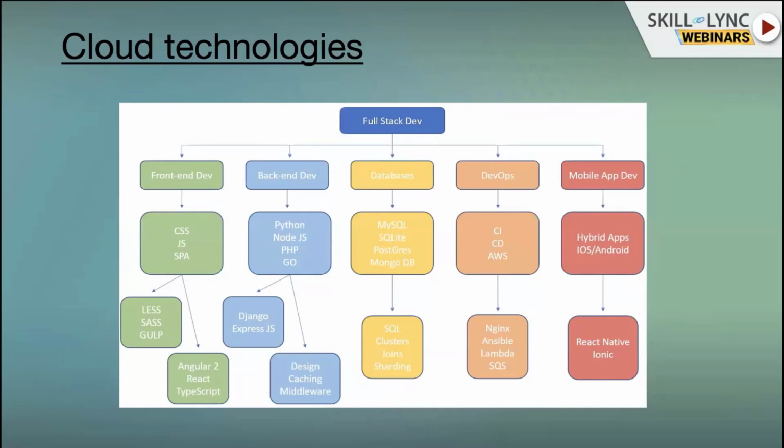For that, over the last few years, there was a new field called DevOps as well. In DevOps, there are a lot of other things that you do. You call it CI/CD, and then how it gets deployed to AWS or GCP or any other cloud platform. Even those things are taken care of by the DevOps person. The main role of the DevOps person is that whatever code I write should be deployed onto my server in a scalable way. So when there is a huge request or when there is less request, the resources should be used accordingly. Even that is a big field and it is an emerging field.